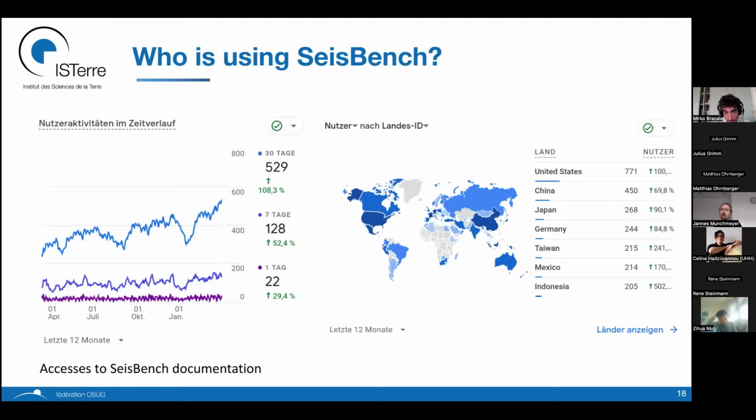So it's still clearly growing the user base. And if you check countries, it's quite distributed over the world. Clearly, there are zones that are most active, which is North America, Asia, especially China, Japan, Taiwan, and Europe. But also you see access from other world regions, with a bit of an exception for a large chunk of Africa. But that's kind of the orientation. This is a library which seems to have around 500 monthly users distributed over the world.